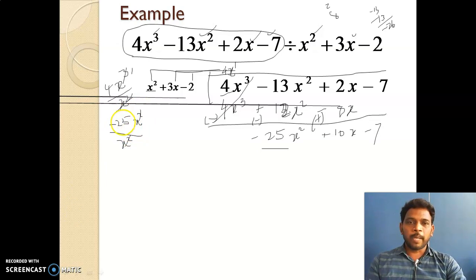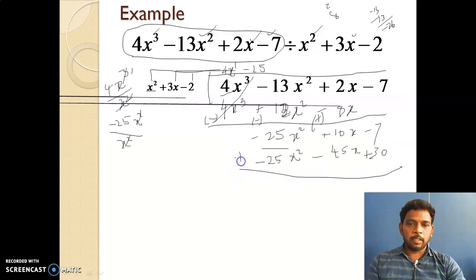What about the remaining one? Minus 25. So write minus 25 as it is, and multiply with this one here. So minus 25 as it is will come. So minus 25x square, and next when we multiply here, so minus, 3 15s are 45x, and when you multiply these two, minus into minus plus, so 15 2s are 30.